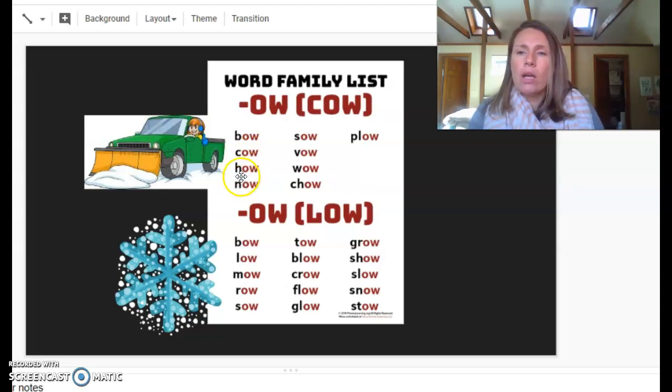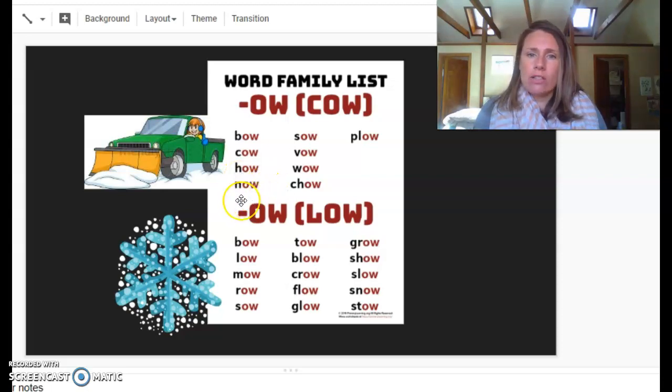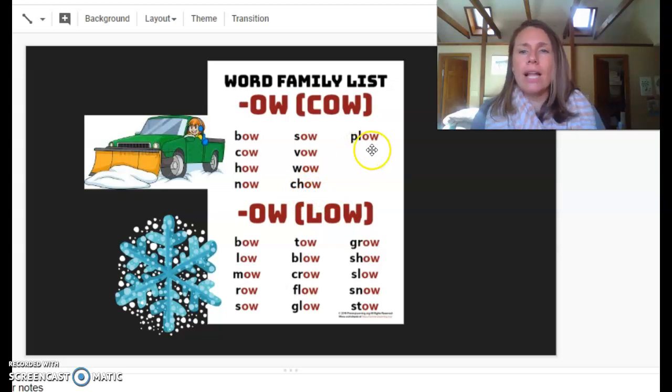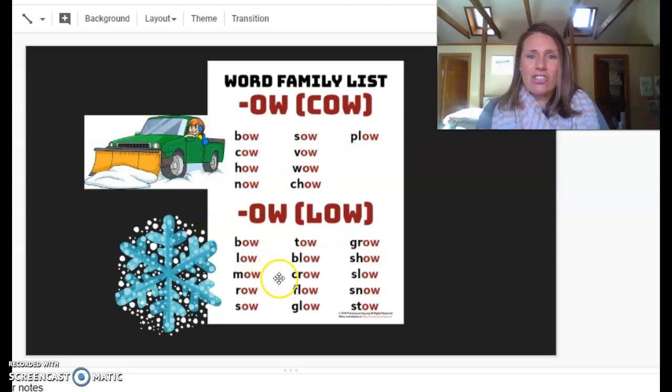Ow, how. And remember, we don't want any space when we blend. Stretch that first consonant into the ow. Now, now. Sow, sow. Vow, vow. Wow, wow. Chow. And ooh, a consonant blend. Plow, plow. There's our plow. Great reading, everyone. Let's try the OWs now. Bow, bow. Low, mow, row, sow,